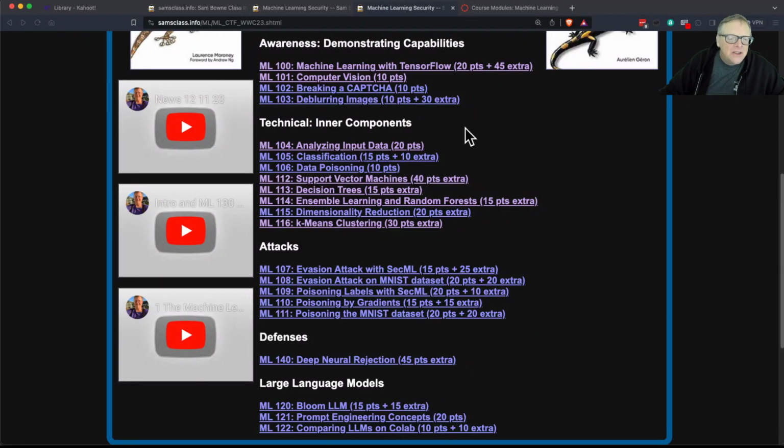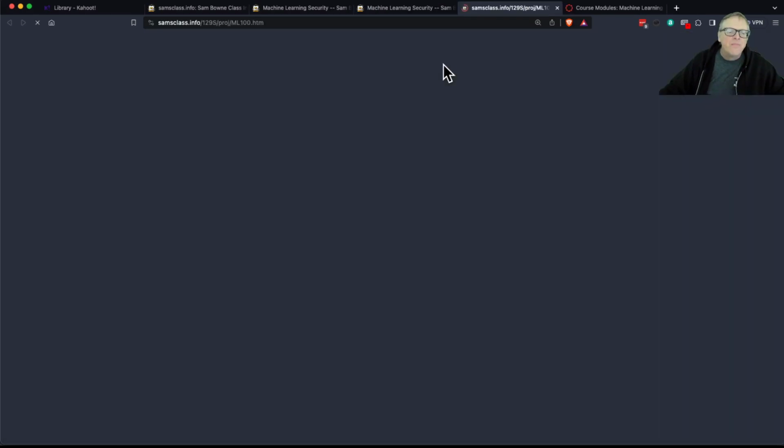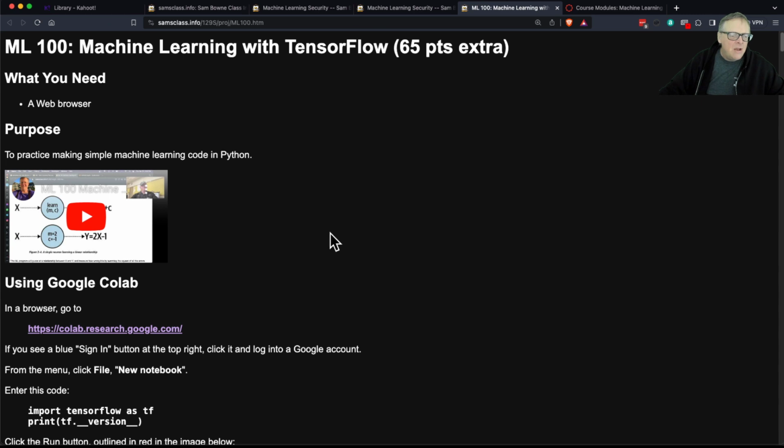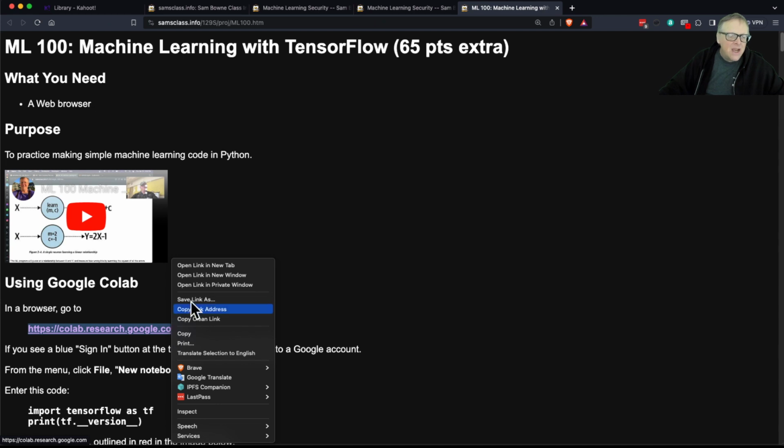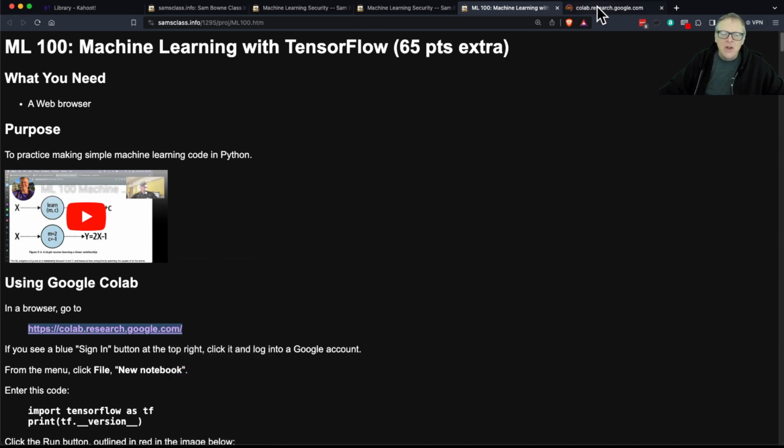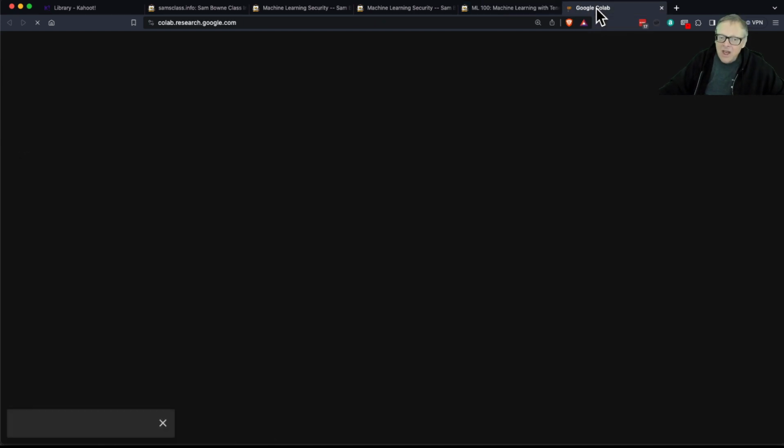All right, so let's look at ML100 here. And in here, I'm going to start using Google Colab. This is where everything will be in Python. Like I said, this course is pretty much all going to be, all the machine learning models we program are going to be in Python. And you can use any Python environment you like, but I like Google Colab because it's